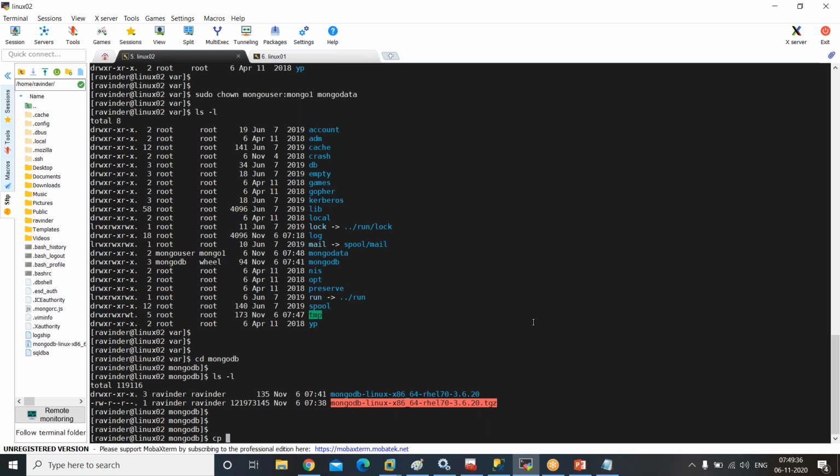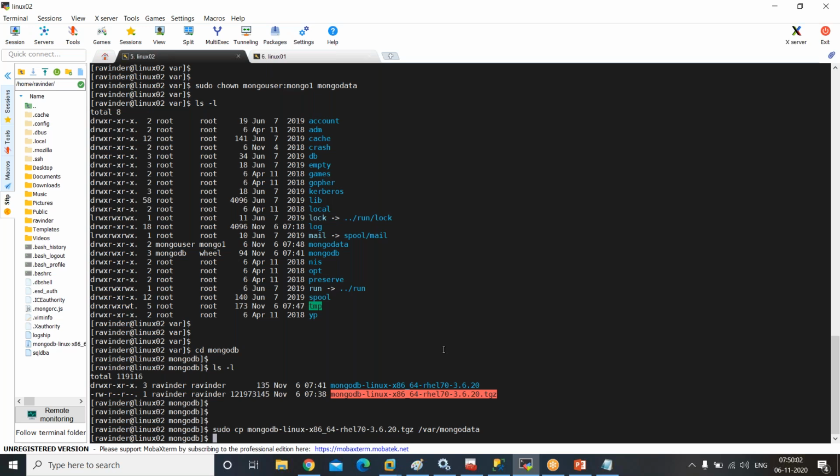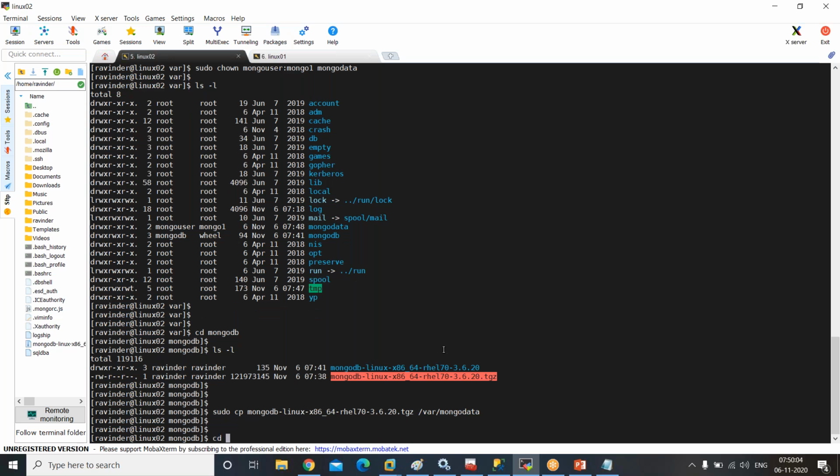cp. I'm copying that file. Where do I want to copy it? Not MongoDB, sorry, Mongo data. It's not doing it. Mongo data only, right? So with cp, I have to use sudo actually, because I don't own it. Ravinder doesn't own it. I'm using sudo. It is going to copy. So it is copied. Now if I go to Mongo data,